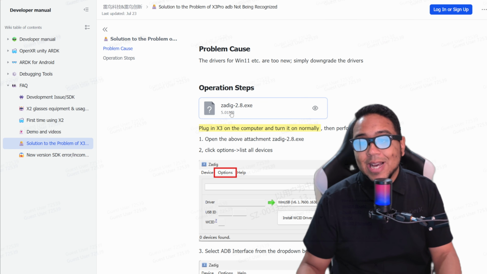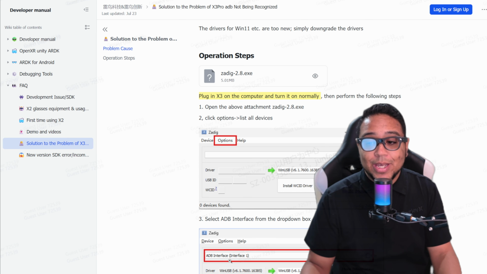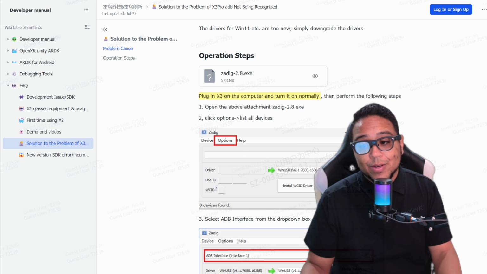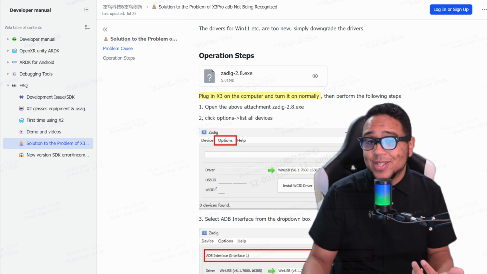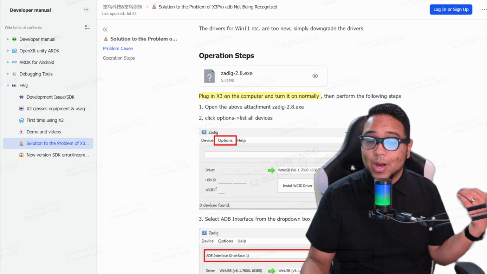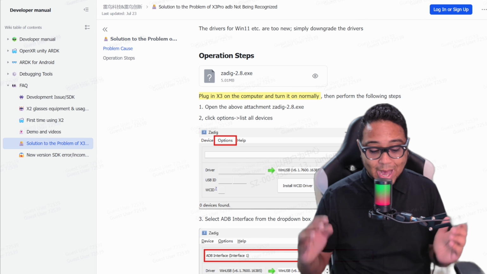And so you have to download this exe, Zadig-2.8, and basically what it's going to do is downgrade the ADB interface. The drivers are too new on Windows 11, and so it's going to downgrade those. I hope this is not always a step, so if yours did pop up, it's worth a check. If yours did pop up right away, then you can ignore this, but I was not able to ignore it,